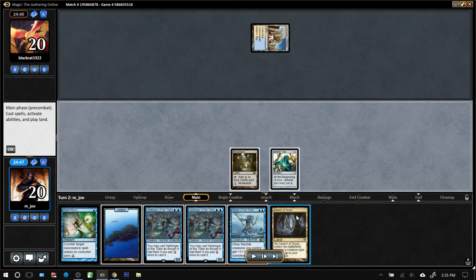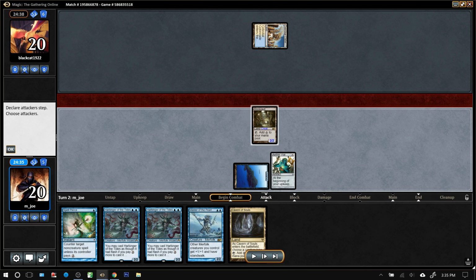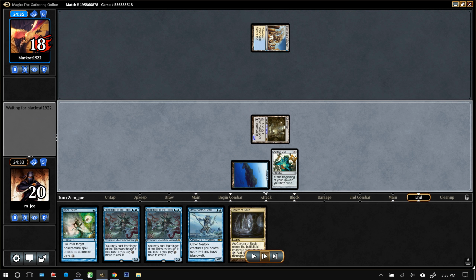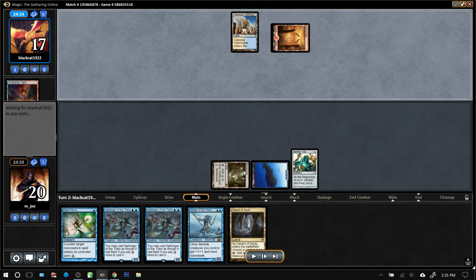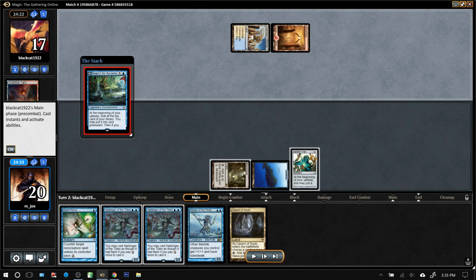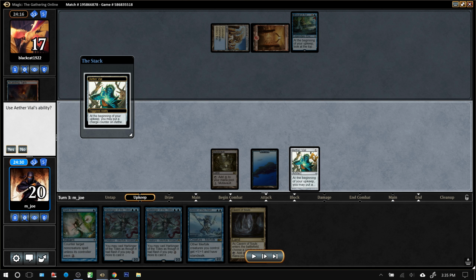I drew a Cavern of Souls, which is nice in the matchup, but I think I'm going to play my Island here and just attack with Mutavault. Opponent goes down to 18, and for their turn, they'll crack a Scalding Tarn, get a Mountain, and a Search for Azcanta. So we like them tapping out on turn 2, so it gives us the green light to start